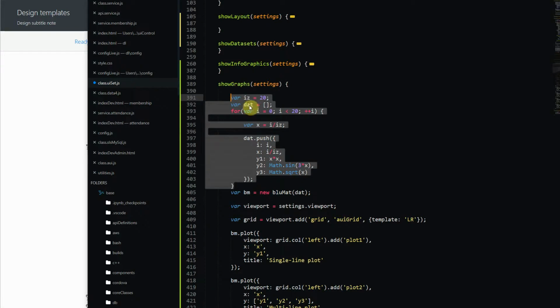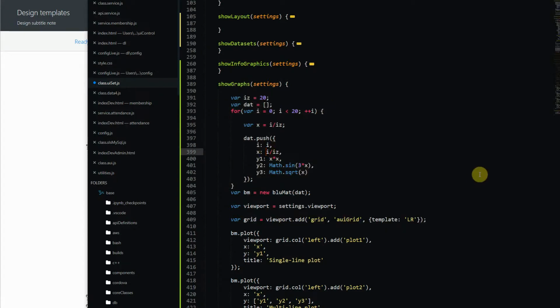And then the data set that we are building here, I'm going to create an array of objects. So each object has the index itself, so the I that goes from 0 to 19. So I is stored, and then the fraction x as well. And by the way, here I should have just used x. I don't want to recalculate that x. And then your output variables, so we are plotting y squared, we are plotting the sine of x, the sine of 3x, and we are plotting the square root of x. So we are creating these 5 attributes in an object,